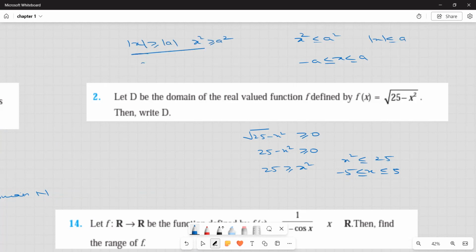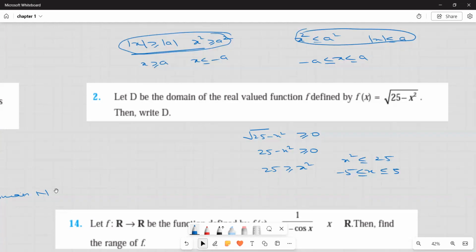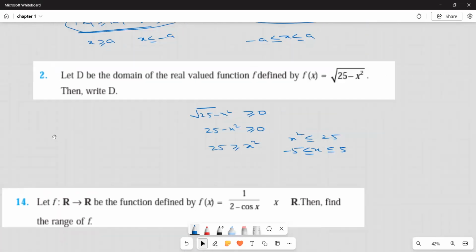For both, it is x is greater than or equal to a, or x is less than or equal to minus a. Remember these results. Very important results. So this can give you the domain. If you want the range, for the range,